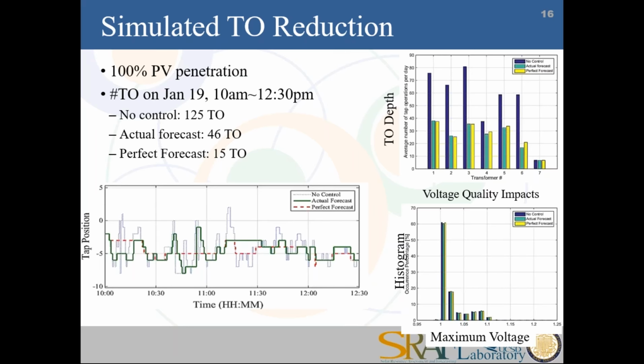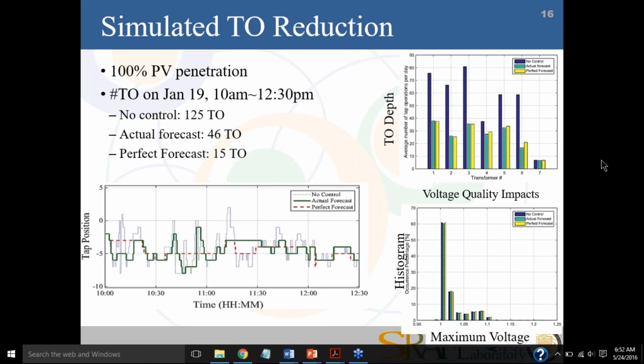Now, one more concern is if we manipulate these tap operations that really were designed to keep voltage in a tight band, could we actually have an impact on the voltage quality, which means on not staying within that 5% band around the optimal voltage. And so here we compare the voltage histogram of these different methods of operating, and we see that we have the same histogram here for all three methods. However, if you zoom in, then you would see that we have a very few events, about a few minutes every day, where we do have a large voltage excursion happening because we did not operate that tap.